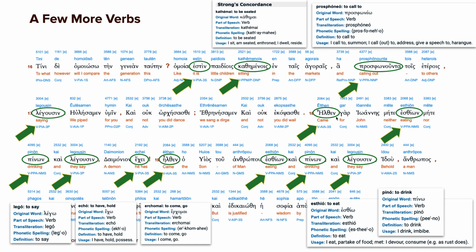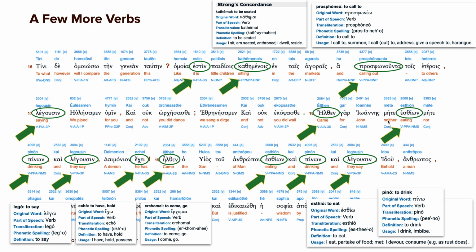All right, elthen. I really want to point out this verb. We see it a few times here. Elthen is the aorist. This is a second aorist because it's not regular. Erchomai in its aorist tense in the past is elthen. You'll see it down here also, elthen. All right, and then eating, esthion, comes from esthio, to eat. And notice this ion is kind of like our English ing, or it's our present participle active nominative masculine singular.